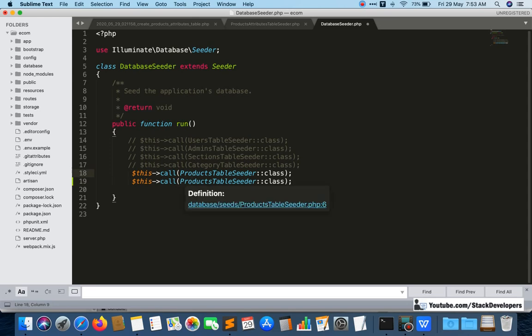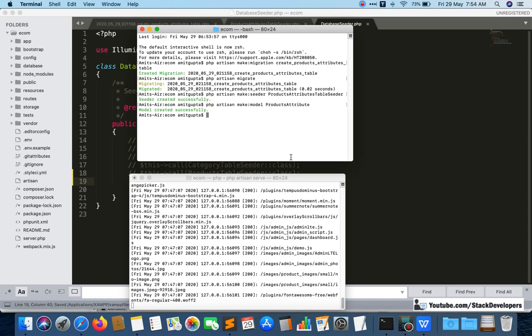So see, we just need to disable the previous one, and here we just need to add products attributes, the file we have created, this one, products attributes table seeder, products attributes. Make sure the spellings are correct, okay. Yeah, so now one last command we are going to run here.